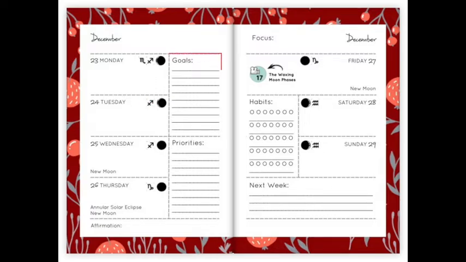And there is space to list your goals, anything that you're working on specifically this week, and your priorities, so things that you want to prioritize in your life this week. At the bottom of the page, there's space to write an affirmation. So this can be the same every week based on your new moon intention and based on what you write during the new moon ritual. But you can also write a new one each week that's maybe along the same theme or based on what you're focusing on, what you're prioritizing. This can really be whatever you want, however is useful to you.